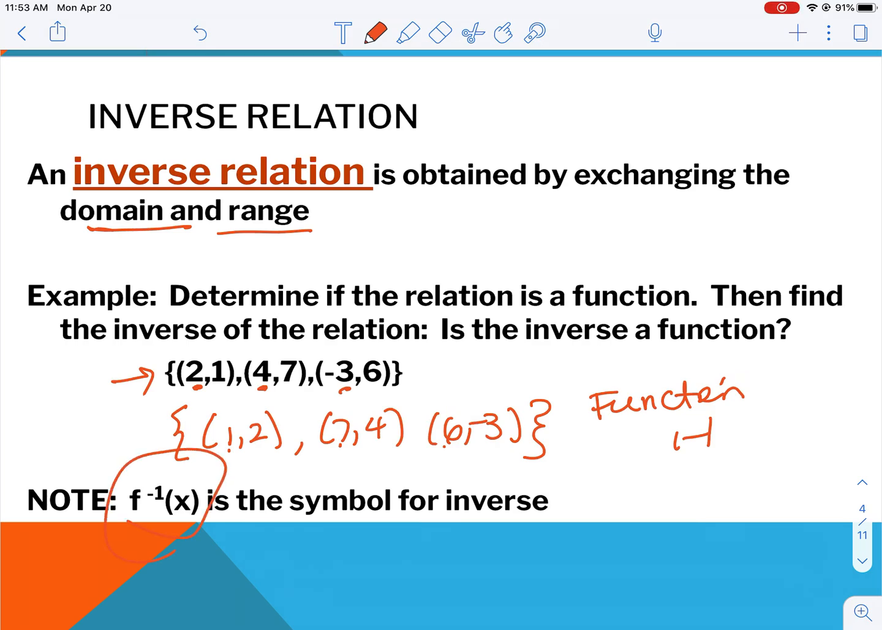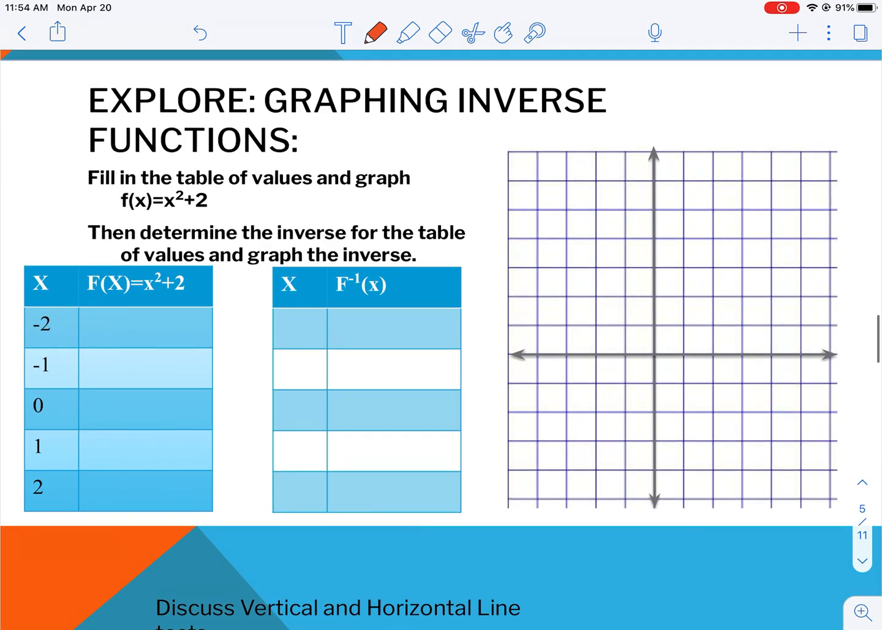The symbol for an inverse is this f to the -1. So if you're seeing that, or it could be a to the -1, b to the -1, whatever it is, to that -1 power, that's letting you know you're doing the inverse, which means it is the interchanging of the x's and the y's. So let's look at what happens graphically, and we're going to take this quadratic here,